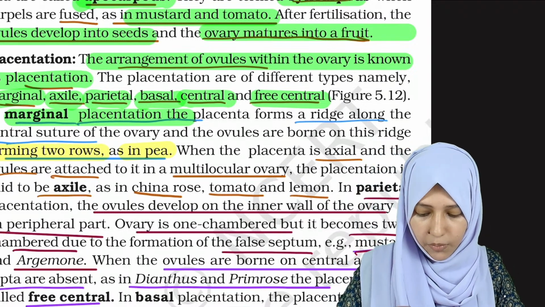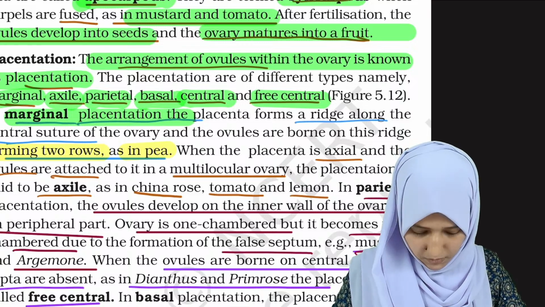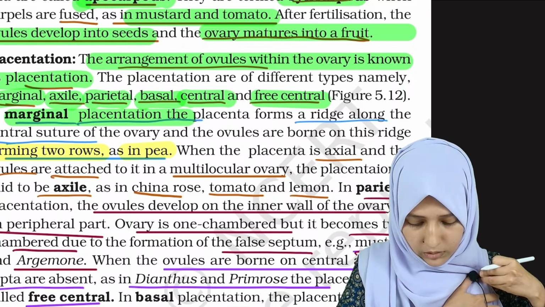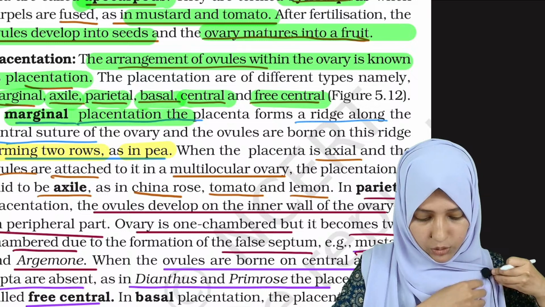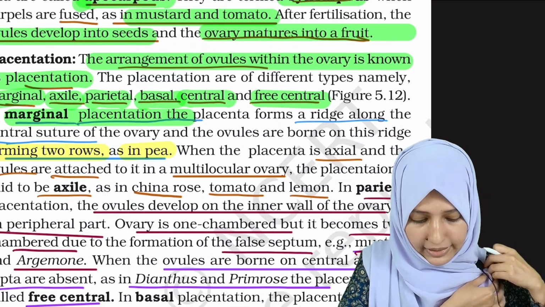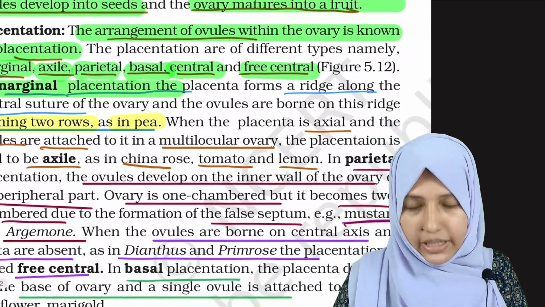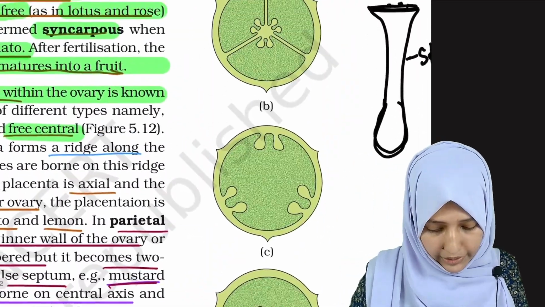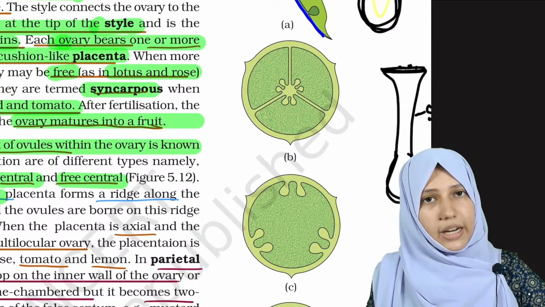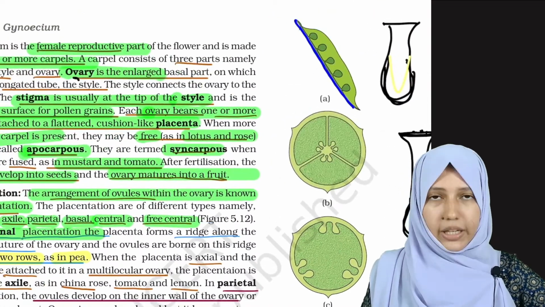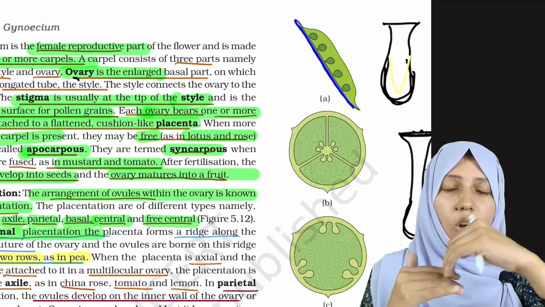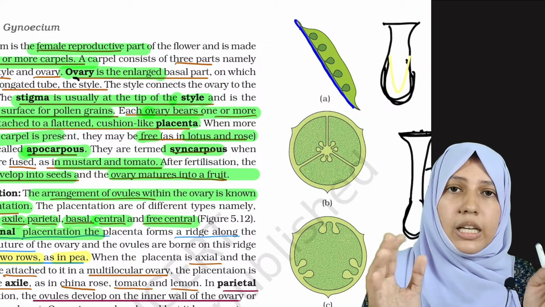It can be forming 2 rows. Clear? And now coming into the axial type. Axial placentation, the ovules are attached to the multilocular ovary. Just see the picture. The ovules are arranged in the multilocular ovary, which means multilocular means it is segmented into